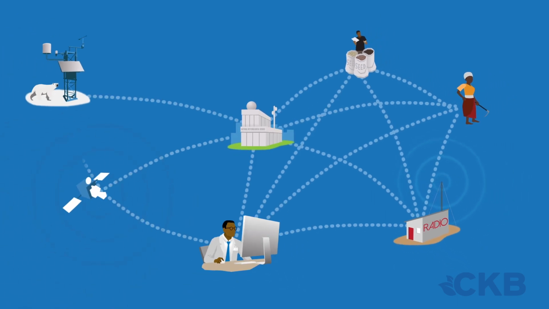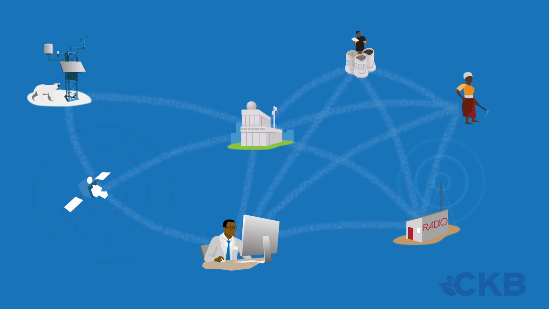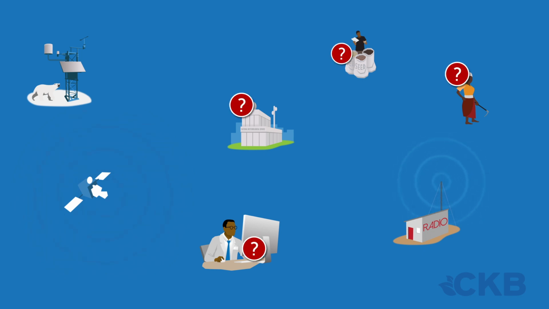Making sure all these different actors link together and form solid chains of information sharing is a big challenge. All too often, the right information is not available at the right time, or people are not equipped to pass it on, and the flow of information stops. As a result, people in different parts of the system are left to make decisions without valuable climate information.